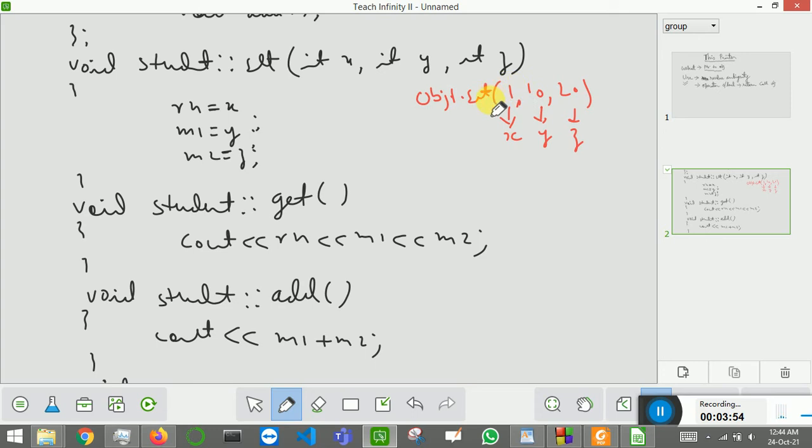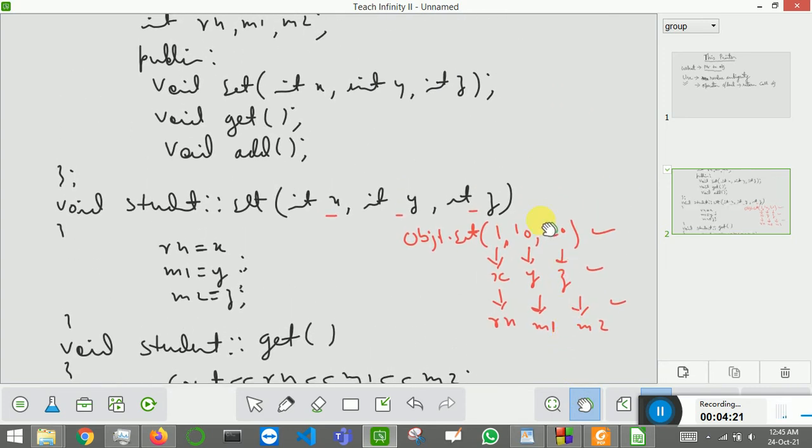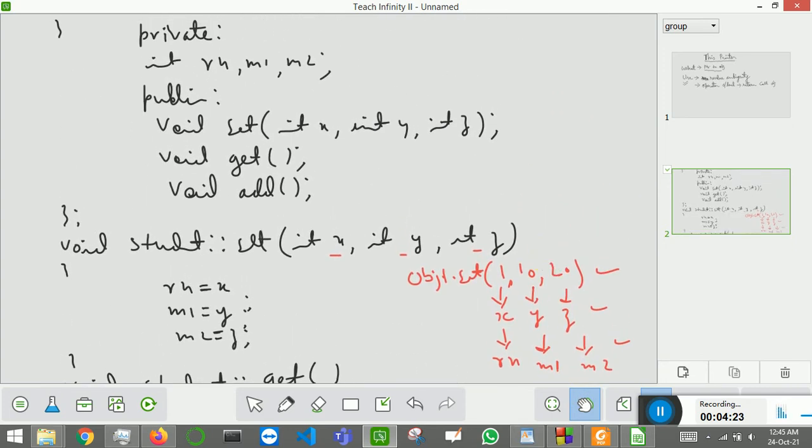So whenever you call the set function, the values will go to whatever parameters you have written here, xyz. Now from this xyz you are copying the values to roll number, marks 1 and marks 2. So this is how the values are passed in two steps, from here to xyz and then from xyz to roll number.